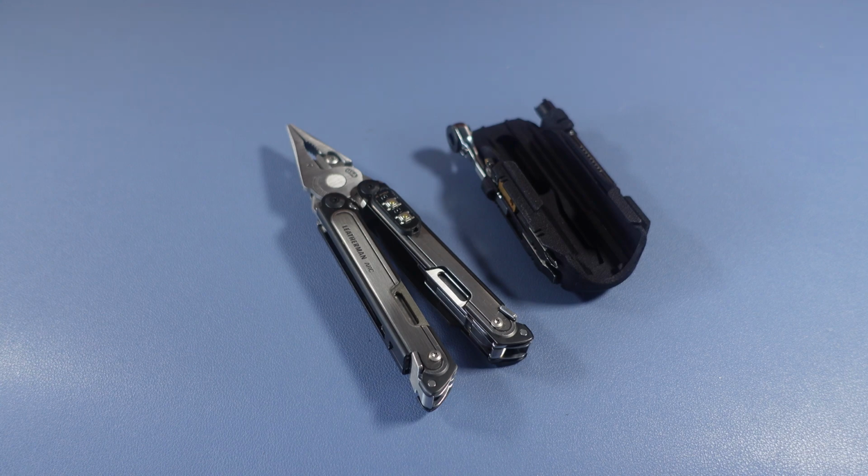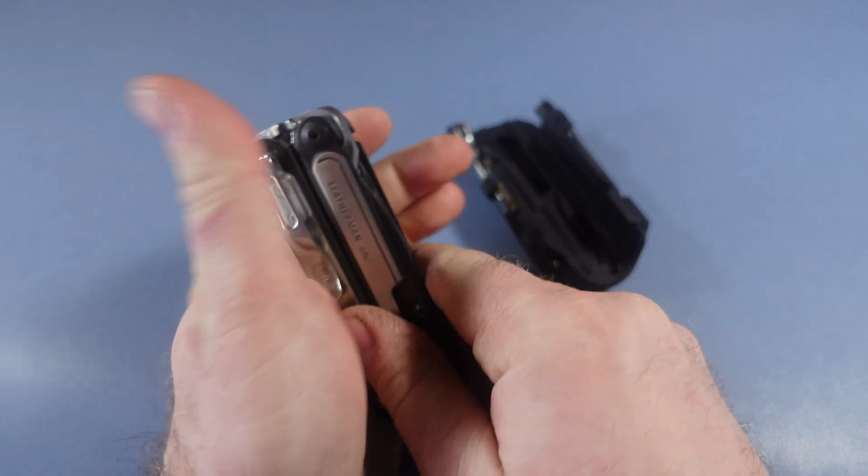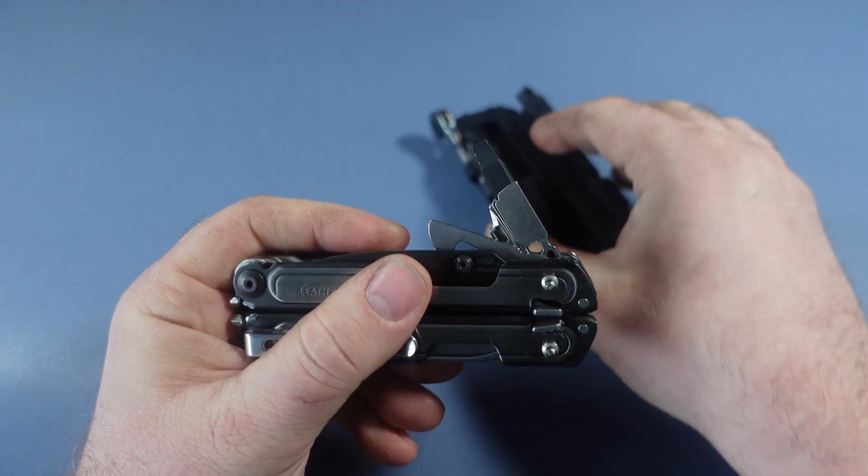We've got three really exciting things to talk about. This is the Leatherman Arc, and once again, I have found three new tools that really expand the capability of